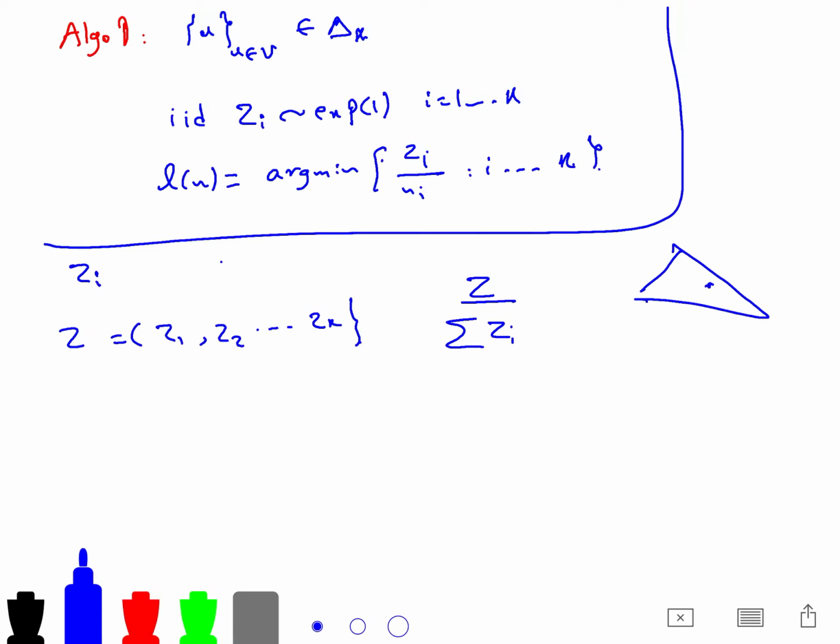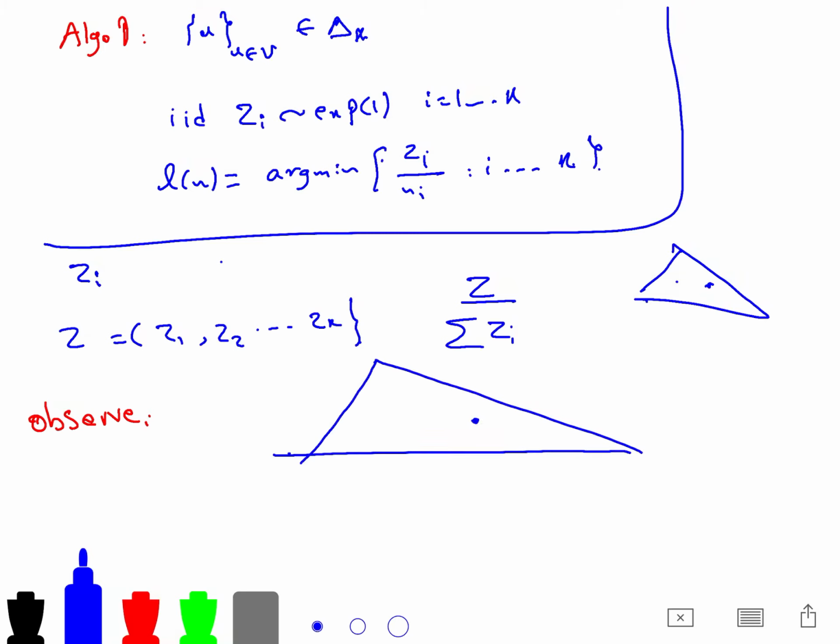For example, this point or this point. And we should observe that z is the only point in the simplex for which all clocks are equal. If only two of the scaled clocks are equal, then if you just draw this, and this is your first terminal, your second terminal, your third terminal, what is interesting is that if only two of these k clocks are equal,